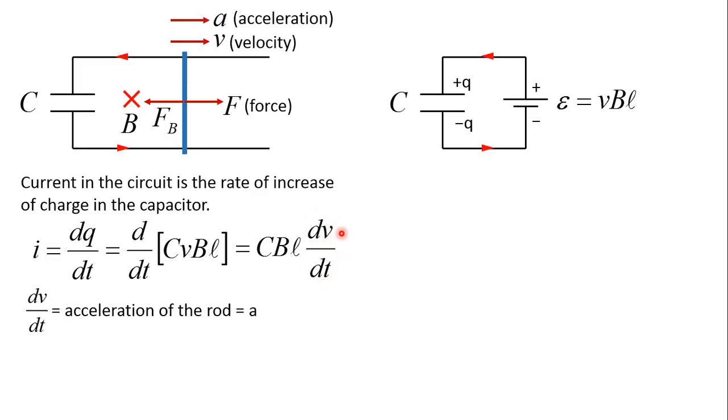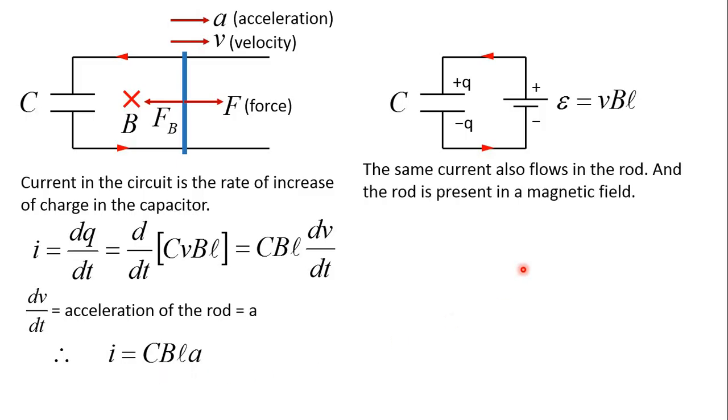Therefore we can replace this dV by dt and write down A. So we'll get current in the circuit as CBL into A. Next, you note that the current that is flowing here will ultimately pass through the rod also, like this, upward direction. Current in the rod will go in the upward direction, and we know that